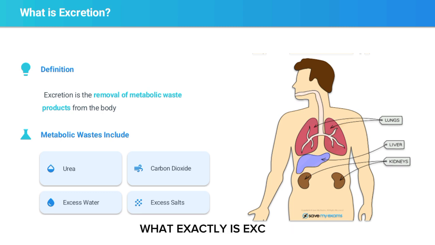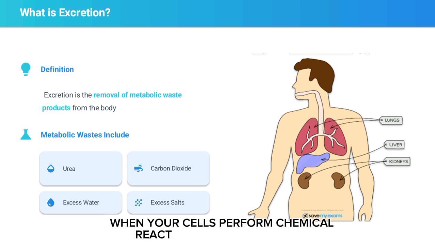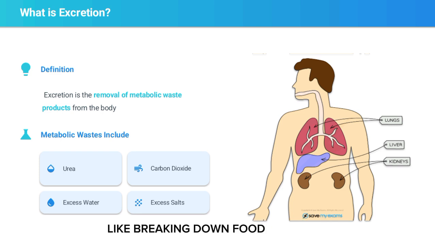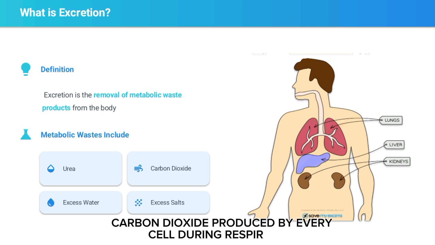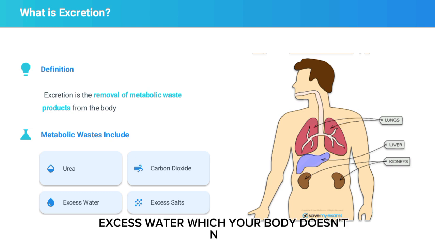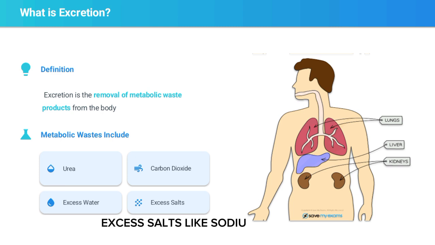What exactly is excretion? Excretion is the removal of metabolic waste products from the body. Now, what does metabolic waste mean? When your cells perform chemical reactions to keep you alive, like breaking down food for energy, they produce waste. Just like a factory produces smoke, your cells produce waste that must be removed. The main metabolic wastes include urea, which is made when your liver breaks down excess proteins, carbon dioxide, produced by every cell during respiration, excess water, which your body doesn't need, excess salts, like sodium, which can be harmful in